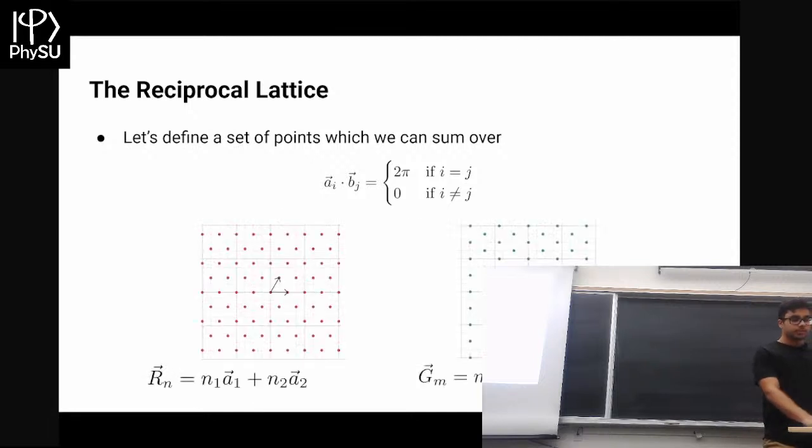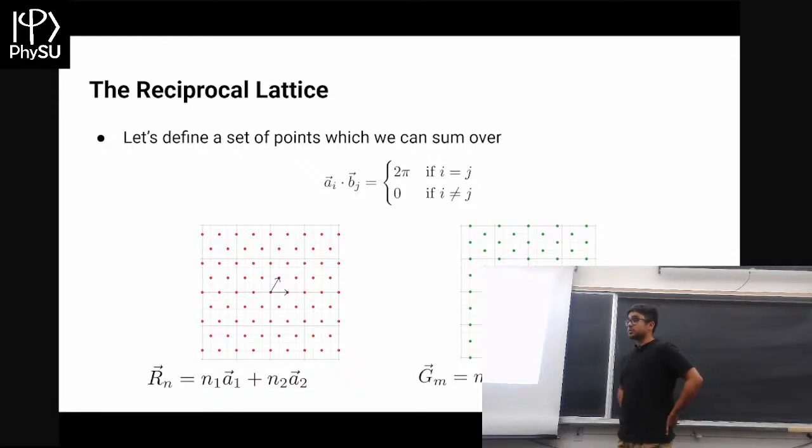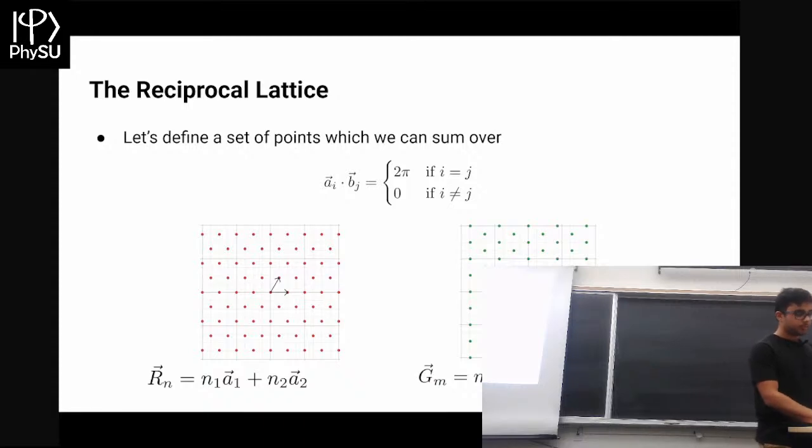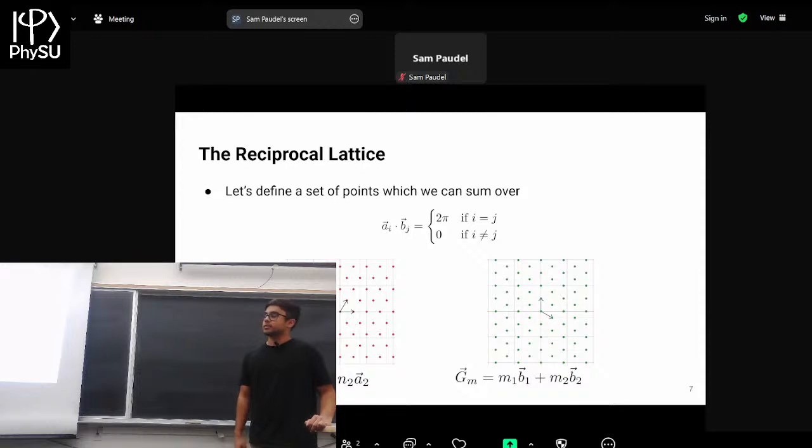Visually, this is what this would look like. On the left, you have real space. That's what you would see visually. This is a triangular lattice. If you squint your eyes a little and connect the dots between the nearest points, you see this is just a network of a bunch of triangles. If you apply this formula and work out the algebra, you'll get what's on the right. These are all the vectors that you sum over in your Fourier series.